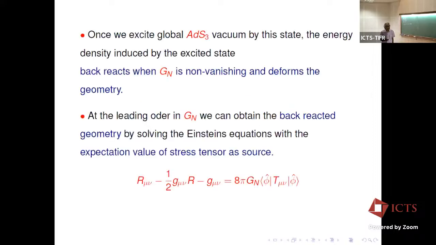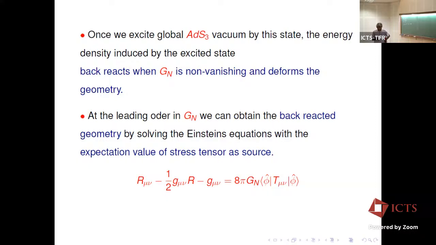So what do you have to do? You have to excite this vacuum by this mode and calculate the back reacted geometry. The methods, I mean, are linear actually. So once we excite the global AdS3 vacuum by this mode, then of course there's an energy density, and this will back react because of G Newton; we want to keep track of the first G Newton correction. And at leading order, we solve the Einstein's equation with the expectation value of the stress tensor in that state